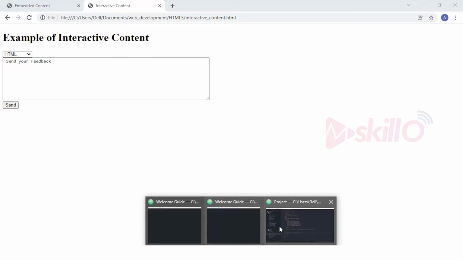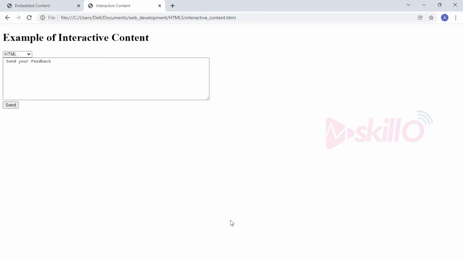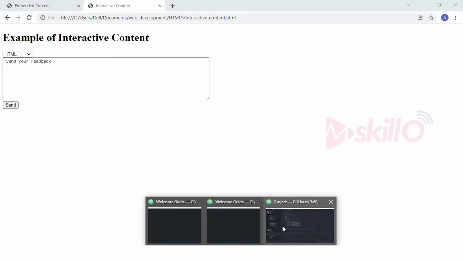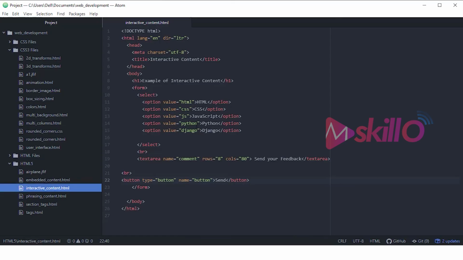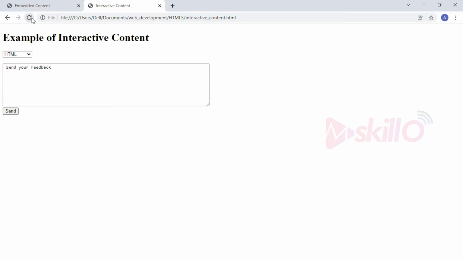Another important thing here is that there is no thematic break added between HTML and this. Why is this? Because I think I have to use another BR tag here as well. Let me go and save this and check if this looks nice. Yep, now you can see there is a gap between this drop down and the text